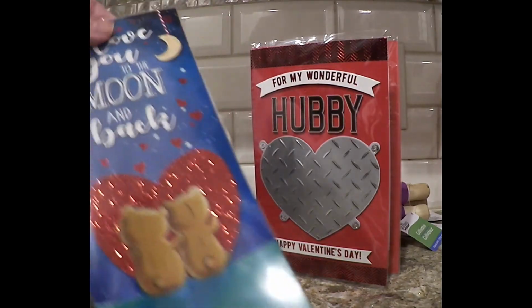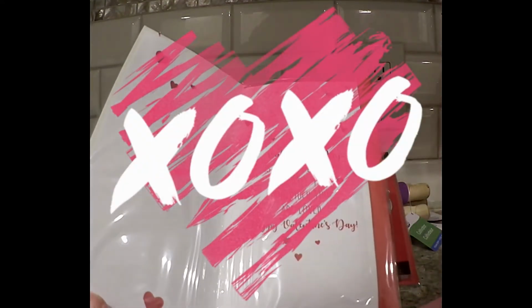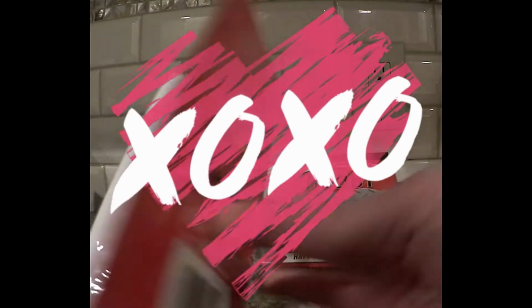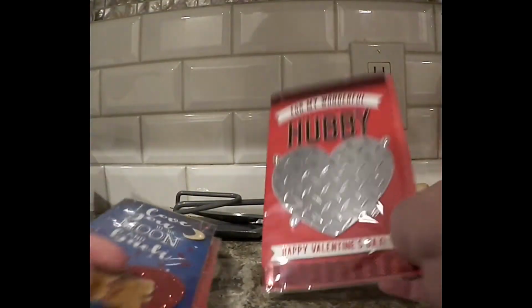These are those handmade cards. And this one says, I love you to the moon and back. Valentine's Day is the perfect day to tell you how much you're loved. Happy Valentine's Day. So this was really cute, I thought. And then this one,